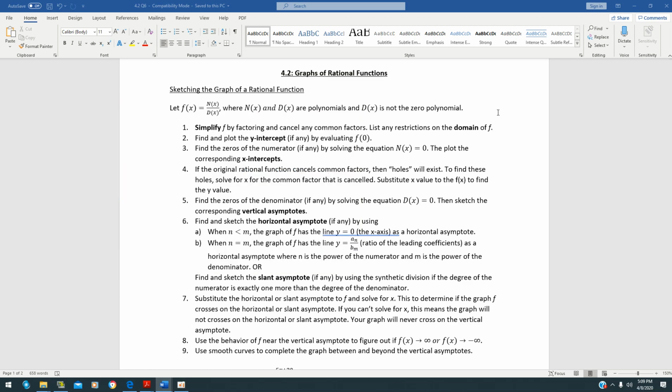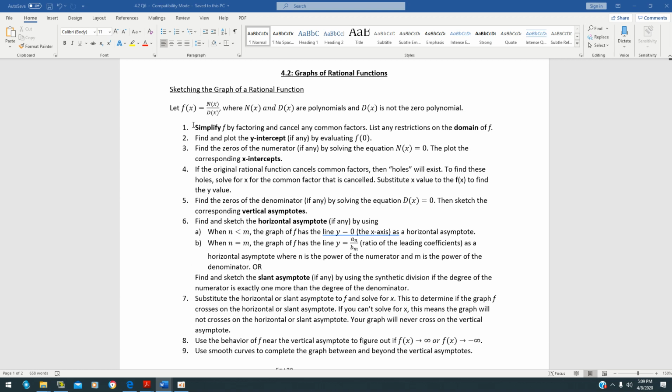This is for college algebra 4.2, how we graph rational functions. Graphing a rational function is a lot of work. Actually, there are 9 steps for you to do with rational functions. You have to follow all these 9 steps in order to graph the rational